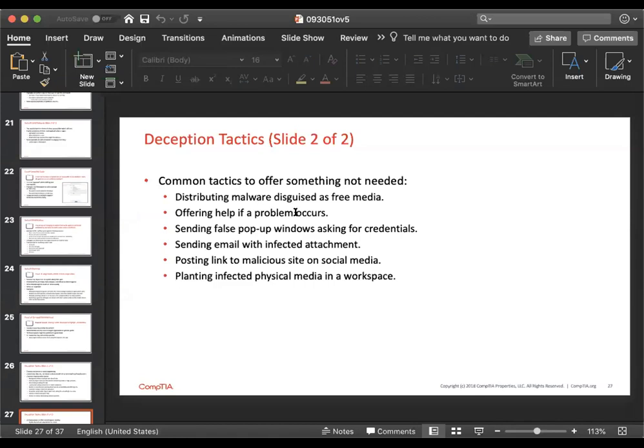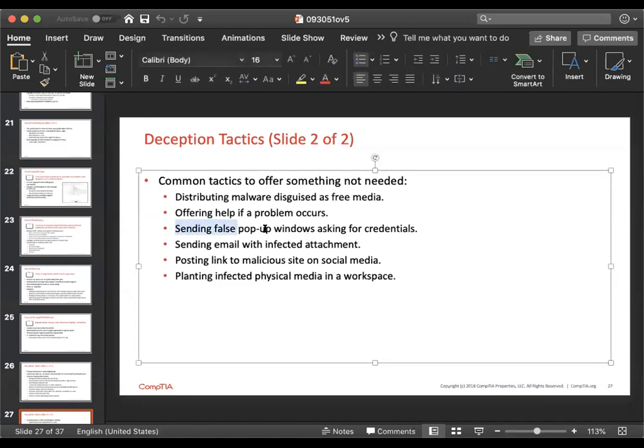Common tactics include offering something not needed, distributing malware disguised as free media, offering help if a problem occurs, sending false pop-up windows, and asking for credentials. This is a pretty cool one. And if you look at the